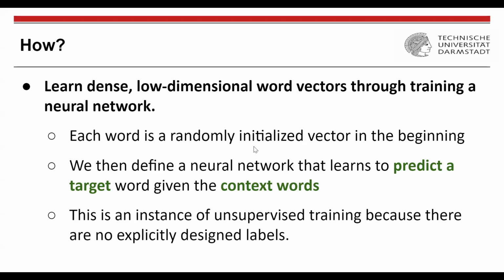So you have a target word, let's say the word hamburger, and you are trying to predict other words that are in the neighborhood of that word, like restaurant, ate, these kinds of things. And if you define your neural network properly and train it properly, at the end of the day what you will have is this particular space where similar words are close in space and distant words are farther in space.